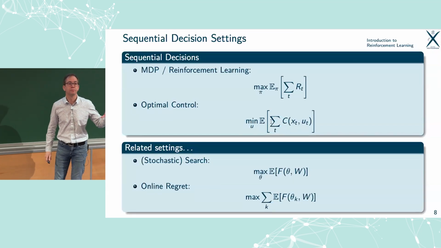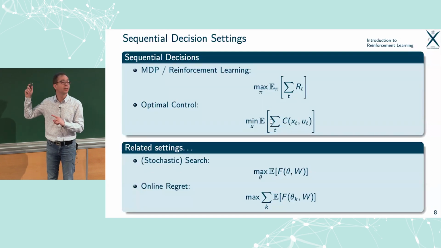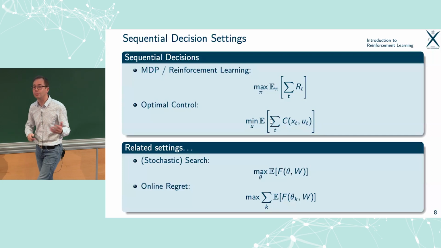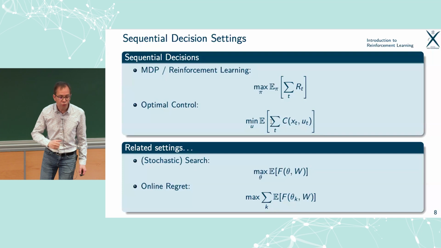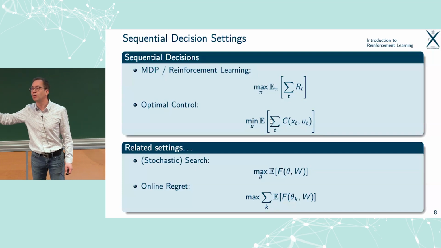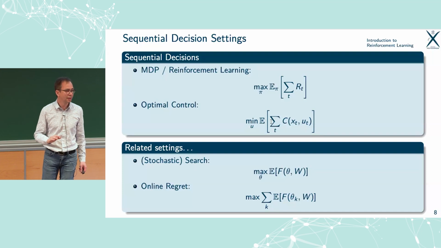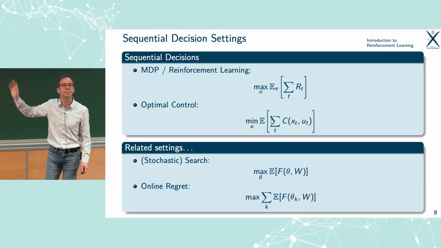Maybe some of you have read something about optimal control. That's basically the same question. At least if we think of discrete optimal control, that's exactly the same thing. In reinforcement learning, we want to maximize a reward. In optimal control, it's very different. We want to minimize the cost. But you can see that it's basically the same thing.